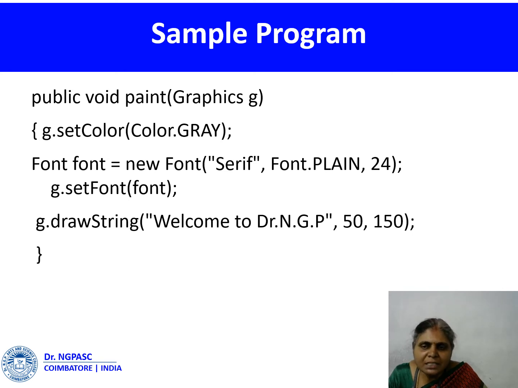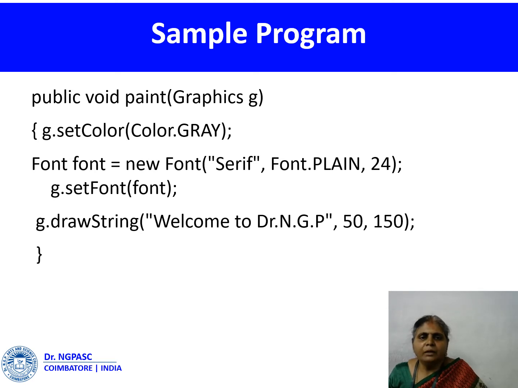So this is a sample program. If you are going to use this program in an applet, then this method first calls the method known as setColor and it uses Color.gray. So the gray color will be the specified color right now. Then it uses the setFont method with the font as per your wish. The font type, the font style and the font size will be mentioned in its constructor. So the specified font will be set.